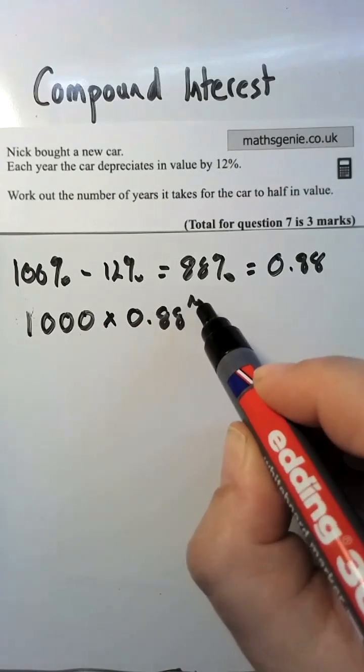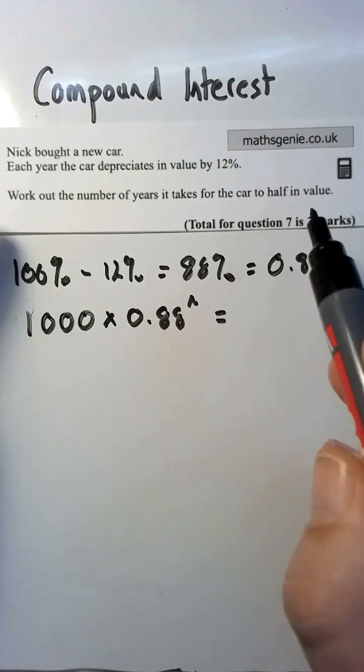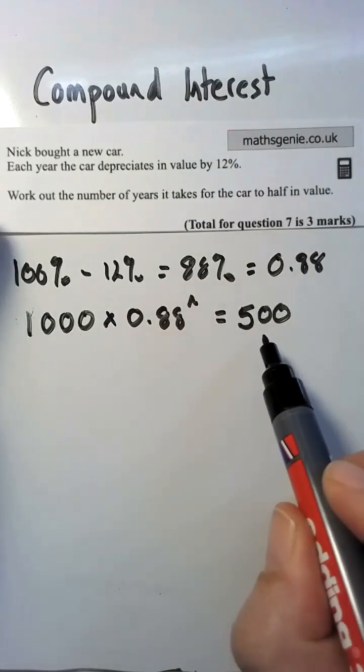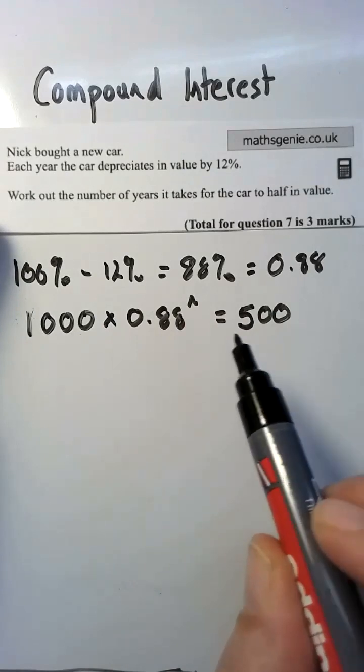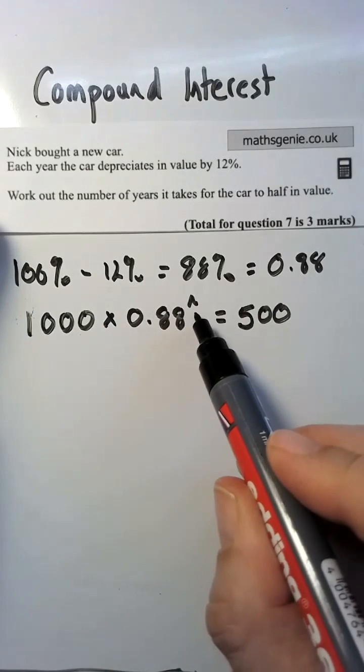0.88 to the power of n, and I don't know what this number is, but what I'm told is I need it to halve in value. So I'm going to say it's going to be 500. This is what I'm aiming for. And what I'm going to do is use my calculator to find out what that n is